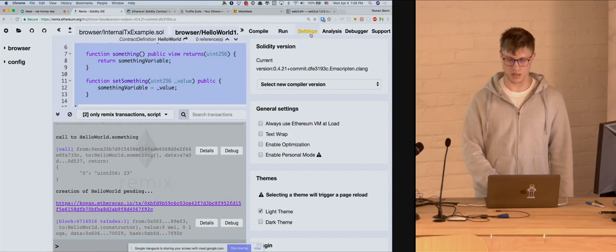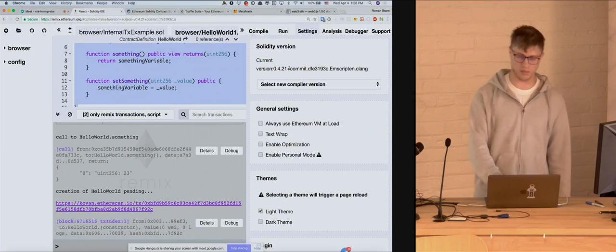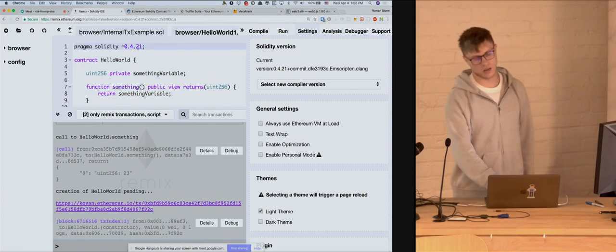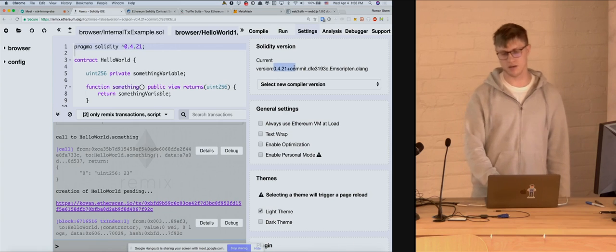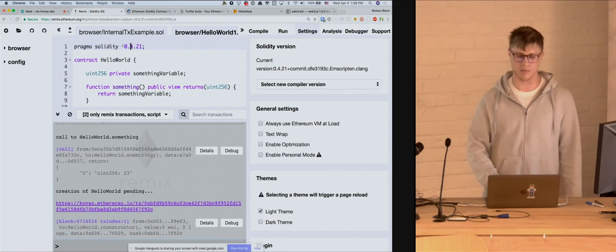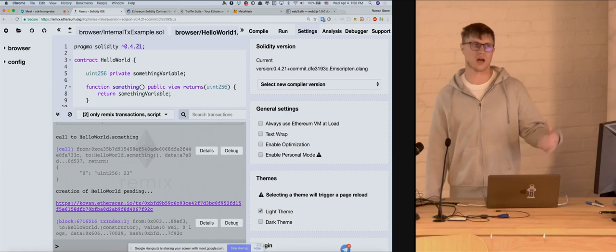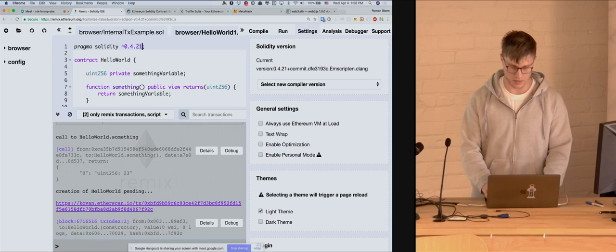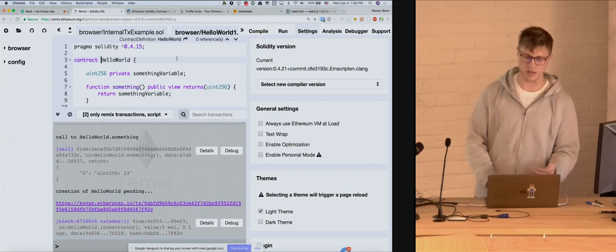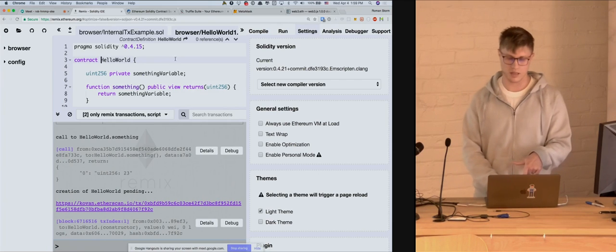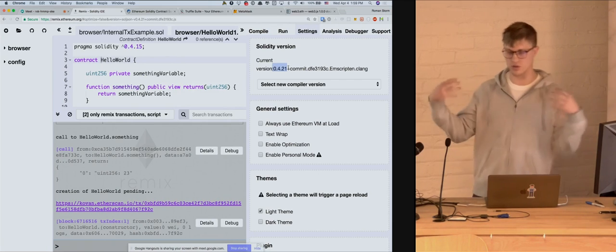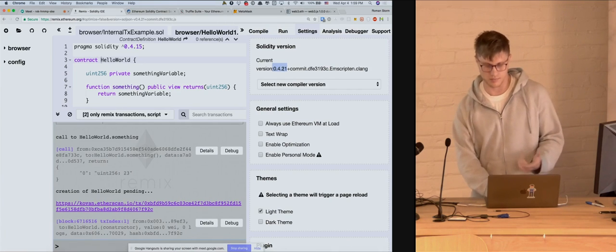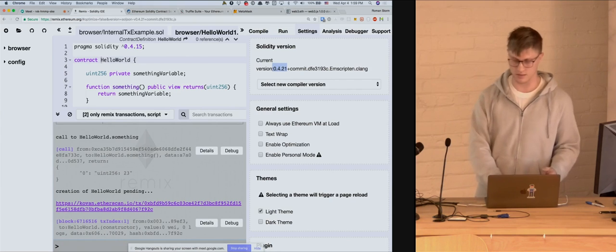So I can go to settings here, and I know it's 0.4.21. No matter what kind of version I specified here, what matters is which compiler I used. This just means which version I require the compiler to be. If I said 0.4.15, it also satisfies this requirement if I deploy this contract, but the actual compiler that was used to compile this contract is the compiler that you use. Like in this case, it is